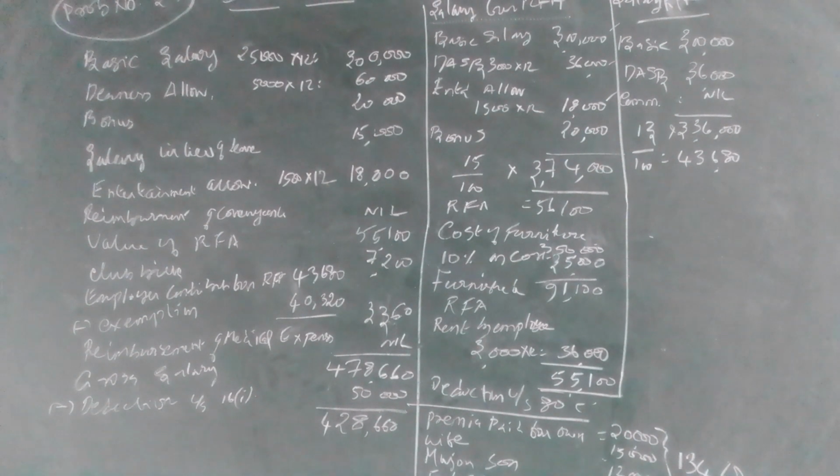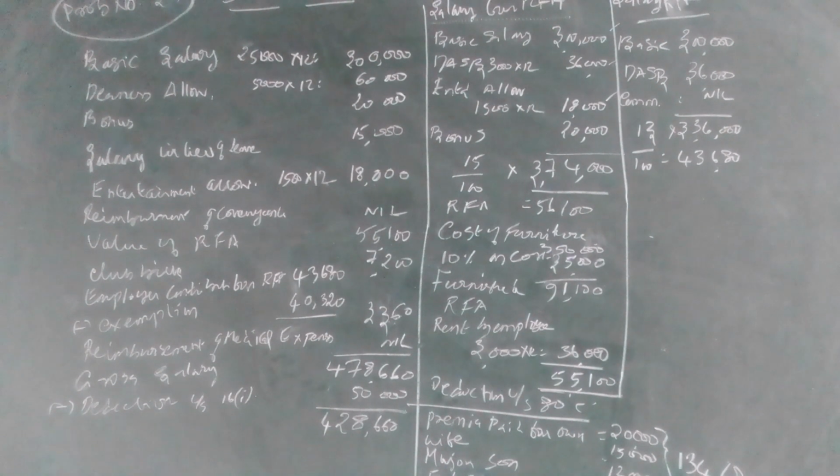On that you can claim the deduction under section 16(1), that comes to 50,000. And another point you should see in this question is entertainment allowance. Entertainment allowance is eligible for deduction under section 16(2), whereas here the nature of employment is private employment, a non-government employee. He is a non-government employee, so he cannot claim the deduction under section 16(2).